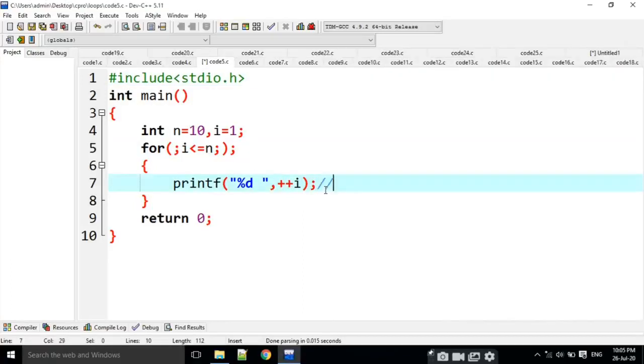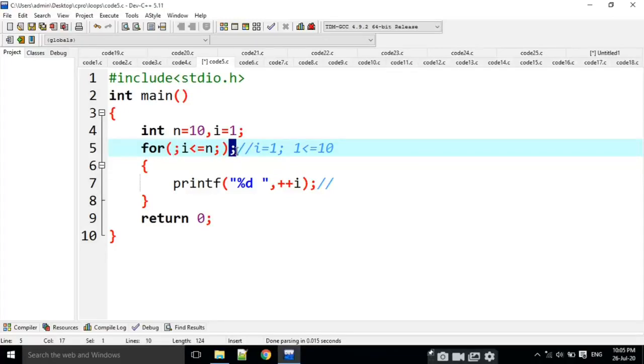Same thing. I is declared and initialized as 1, and here 1 is less than or equal to 10. Yes, this is also true. Here a semicolon is there, that means this is the end of the for loop. Then it moves to the increment and decrement part, but there is no increment or decrement statement there.